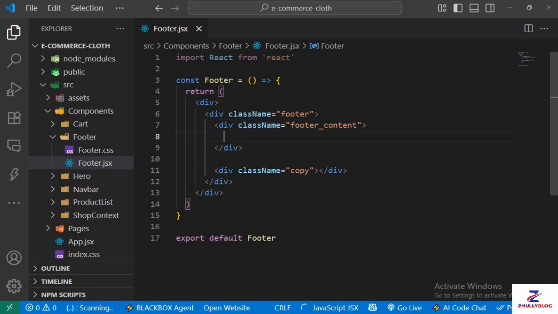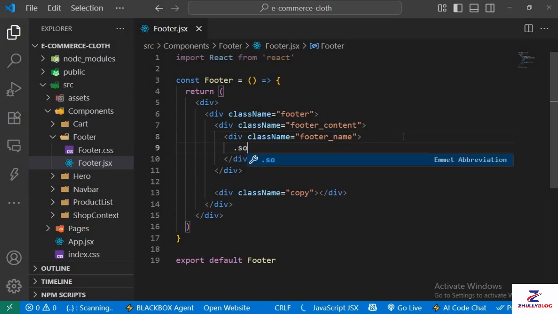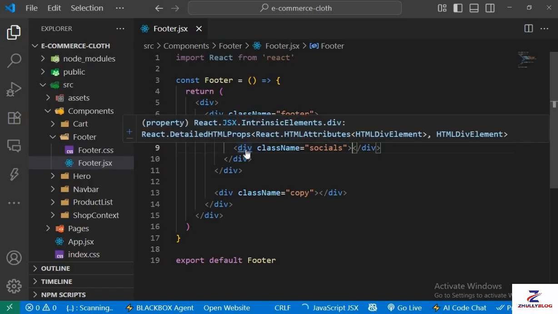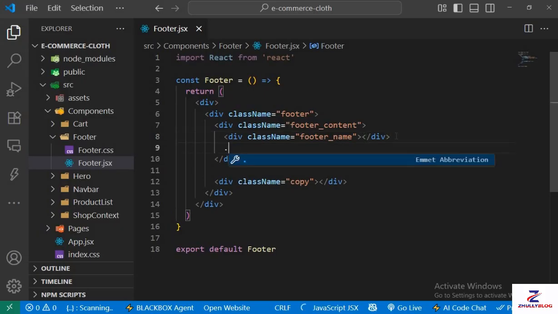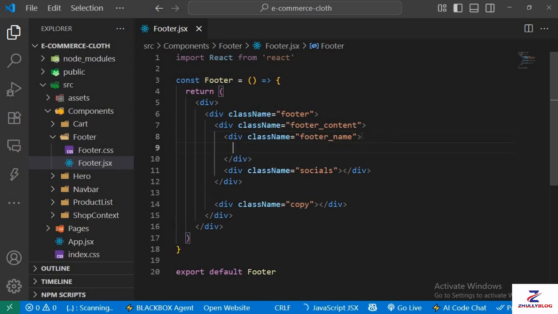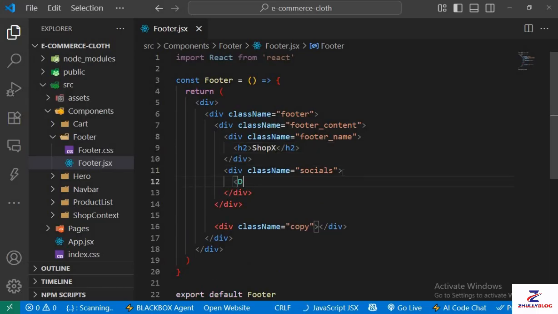In the footer content, we'll have the name and also the socials. The socials will be outside the name. Okay, so dot socials. So in the name, we'll have an h2 tag, shop X, and then for socials, we'll have Facebook